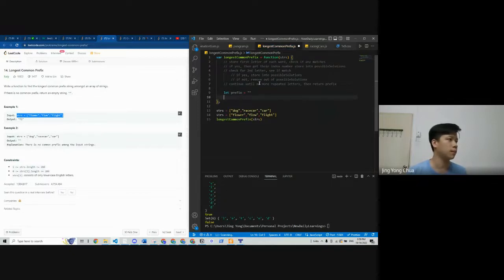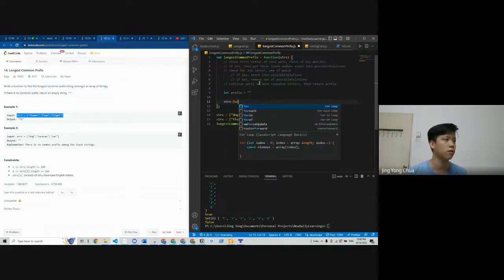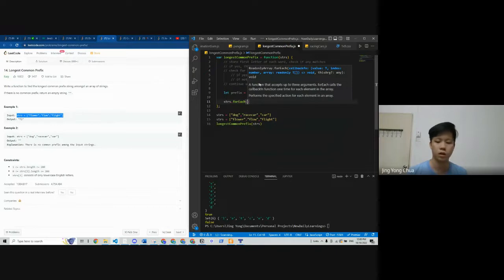And after that, what we can do, because it's an array, we check, we grab their letters first.